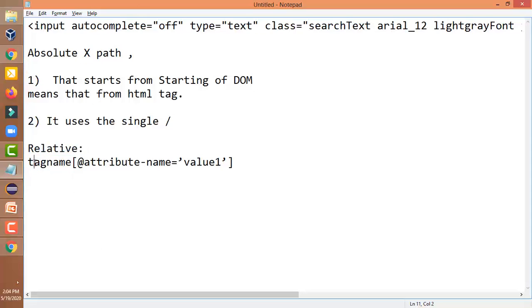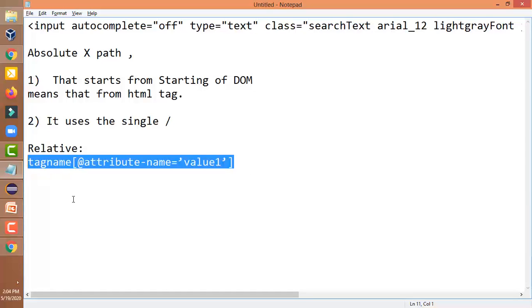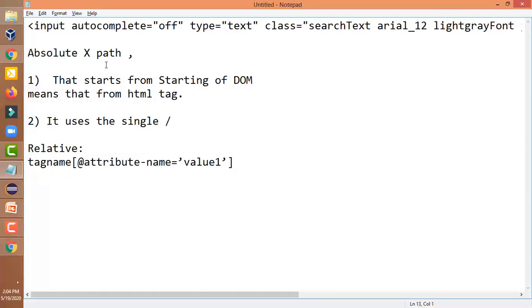So all these XPaths that we would be designing would be relative XPaths, not absolute XPaths, because we cannot use absolute XPath. Tomorrow the build is going to change, and if something changes in the DOM structure, then your absolute XPath would fail. There is a 90% chance your absolute XPath would not be working. So we have to design the relative XPath that starts from the middle of your DOM structure.